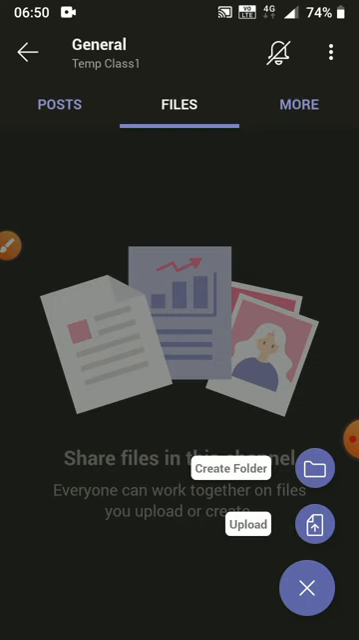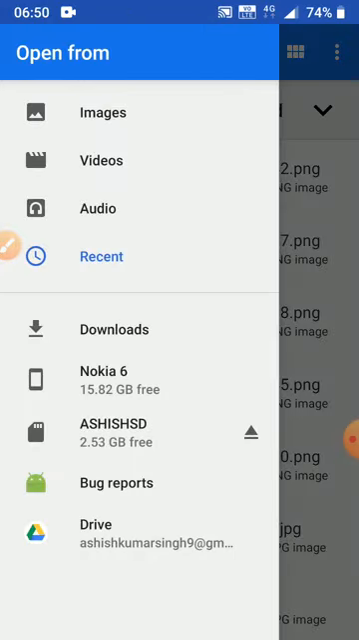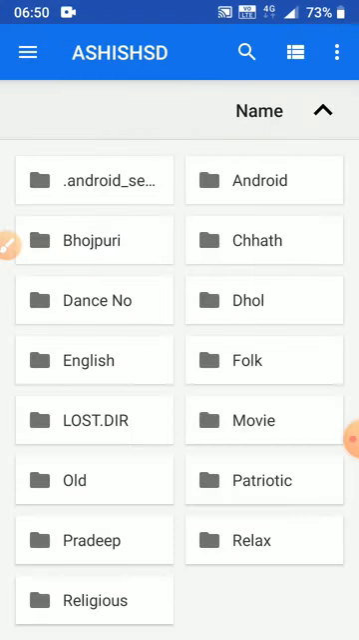The folder is here just to arrange your files, so that you can arrange them as per some categories, need or subject, etc. Now go through the upload. When you go to the upload, it will show you your phone memory. I'm coming to the document